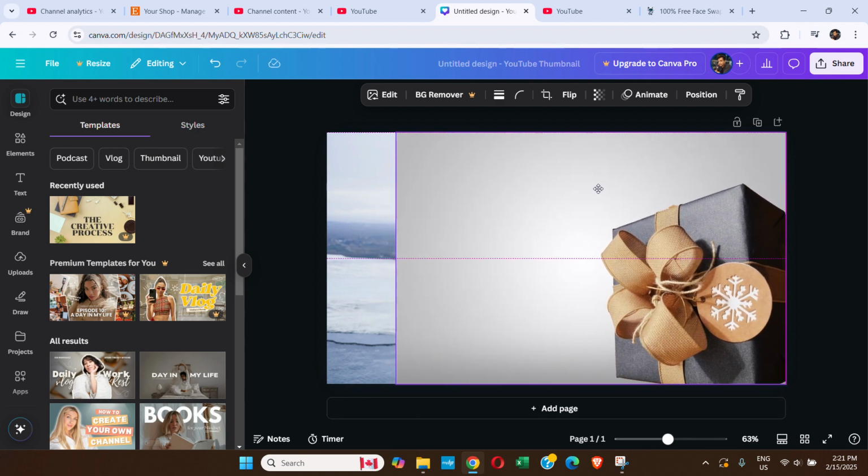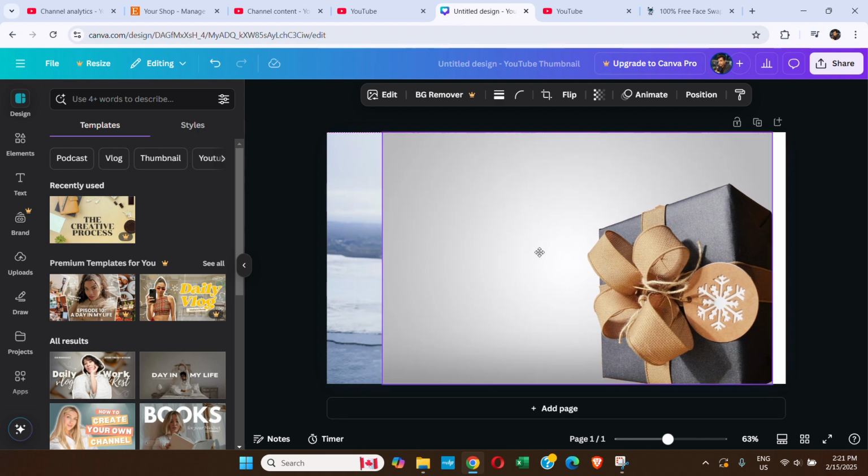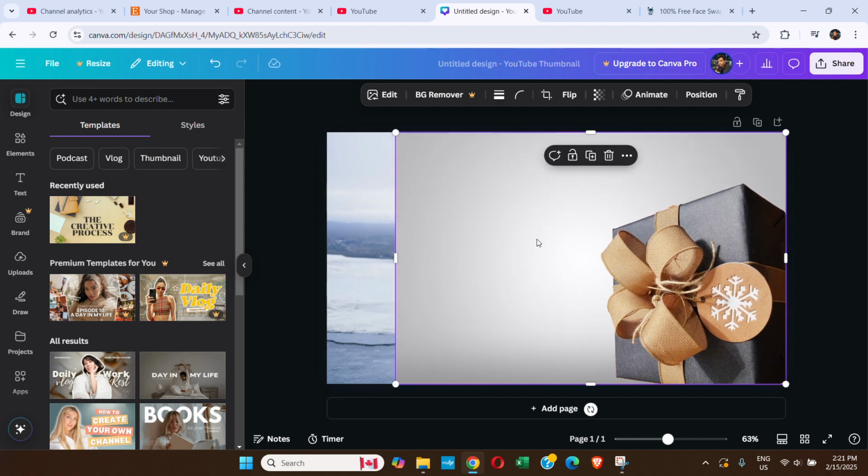Otherwise it will not work with elements like clip art and everything that's inside Canva by default. You cannot use this effect on them. You have to upload an image. So I uploaded this image. This is selected, so I now go to